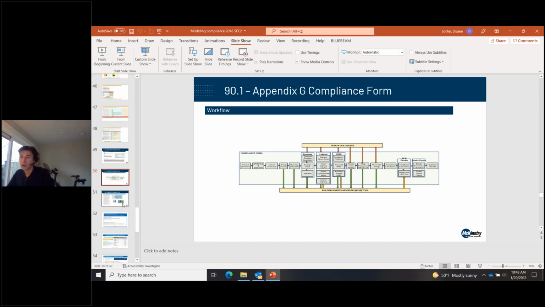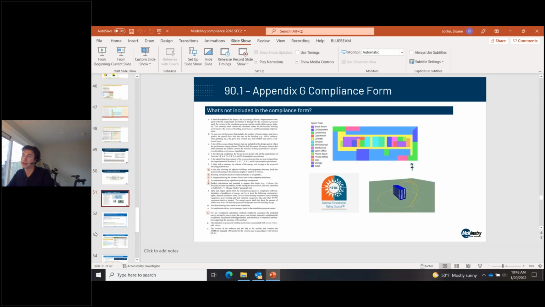And then one last reminder that when you go in for permit, just submit the compliance form. Fill the compliance form out, review that submittal checklist, make sure you're doing everything in the submittal checklist, then go back to the actual Appendix G requirements and read through those and make sure that you've addressed everything.